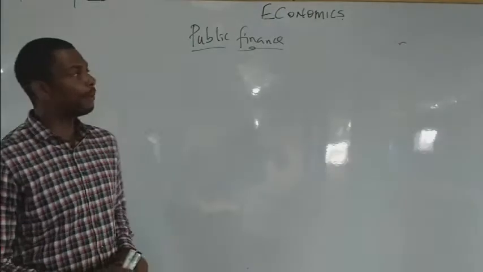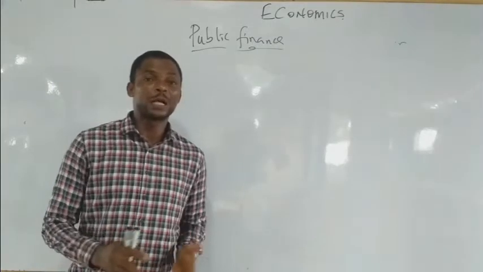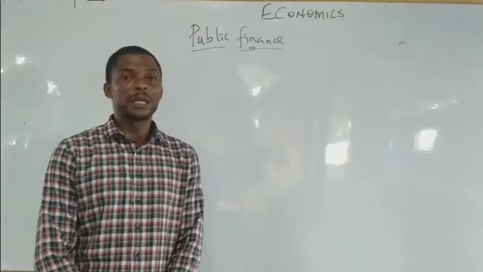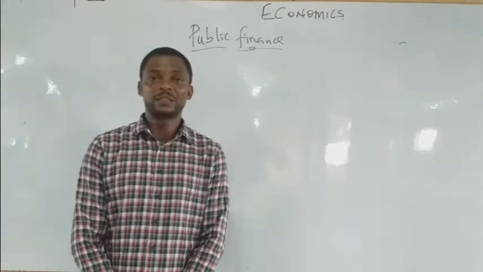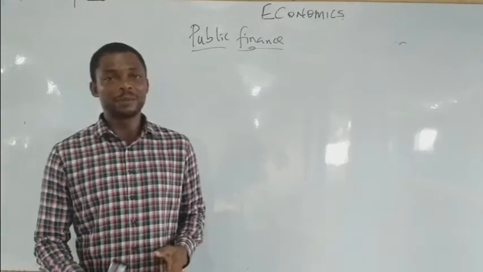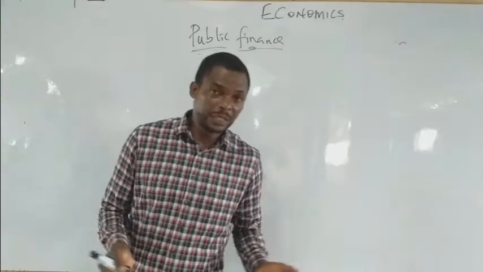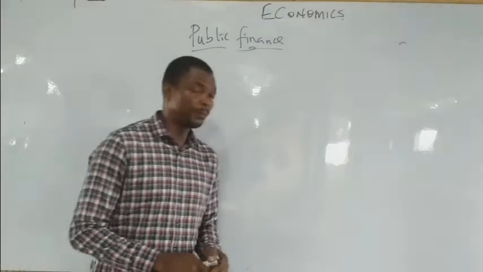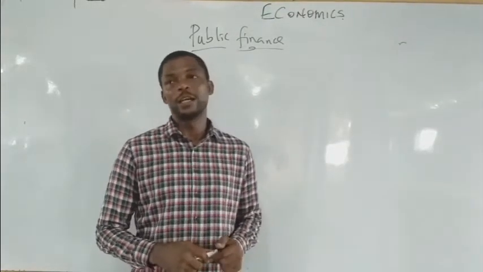Now, in this topic, you will be used to things that are always associated with revenue, expenditure, and debt operation. You should also be told what fiscal policy is. Fiscal policy is the government's plan of action concerning how they generate revenue, expenditure, and the debt operation. The plan of action of the government on how they generate revenue, the debt, and the expenditure, you refer to that as what? As fiscal policy.